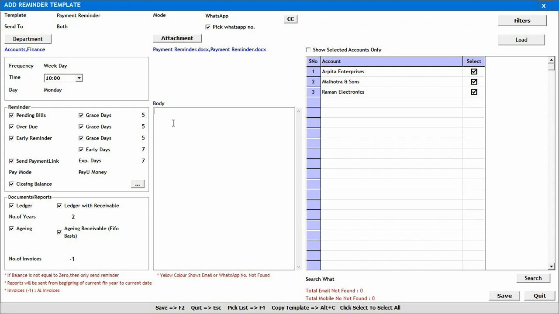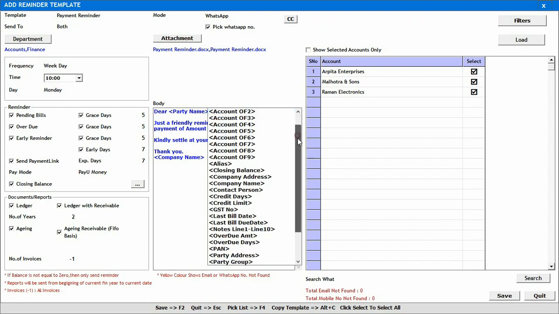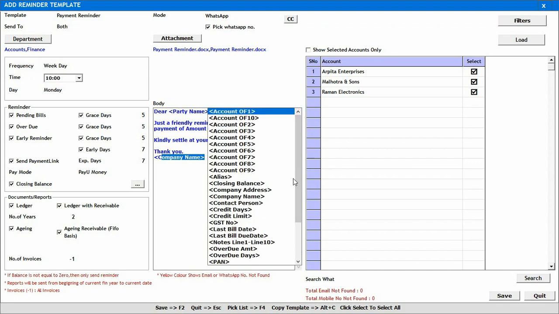Then is the body section. Here you can use Alt D key to load the default format. However, you can make any changes in this format. This is totally configurable. It is same like invoice document printing configuration we do in Busy. Here you can use various inbuilt fields also by pressing the F4 key. You can see on the screen a list of fields is appearing and you can include any of these fields